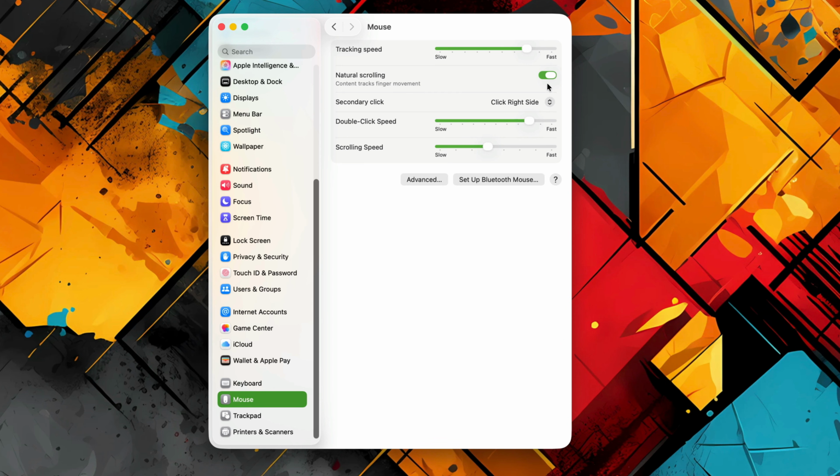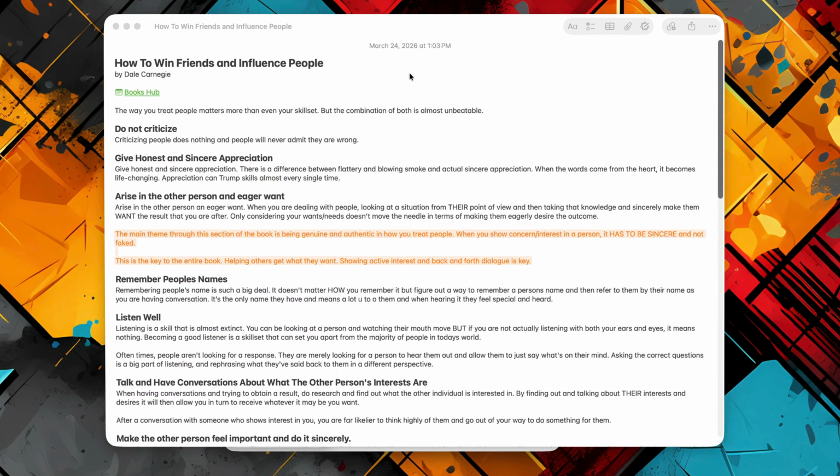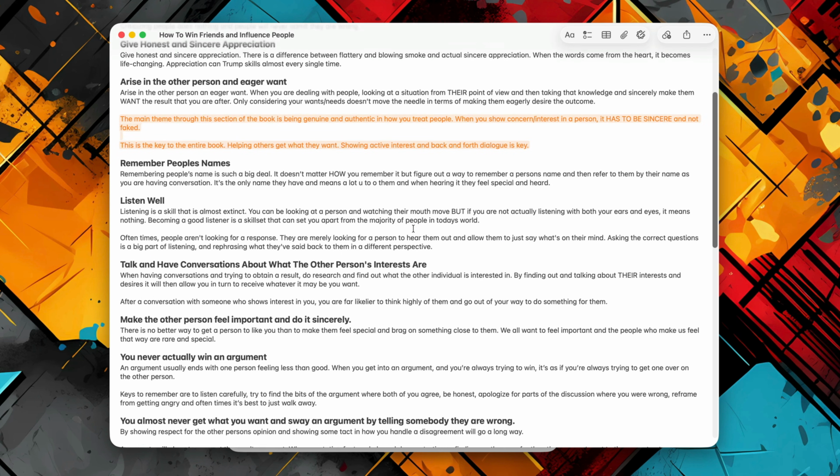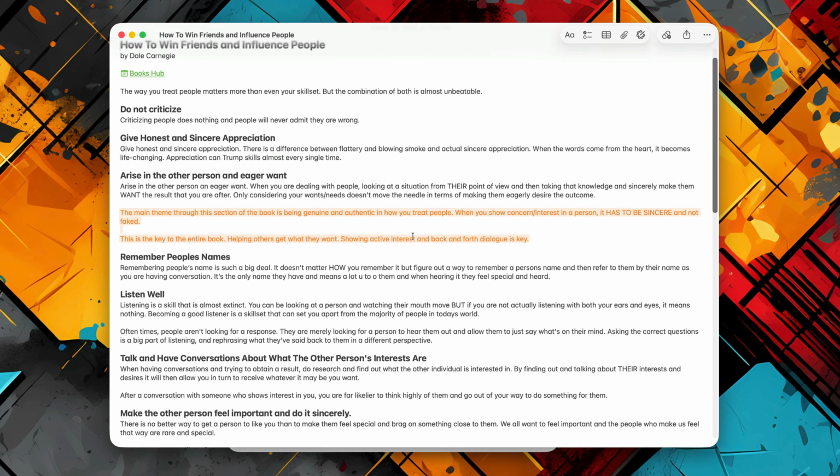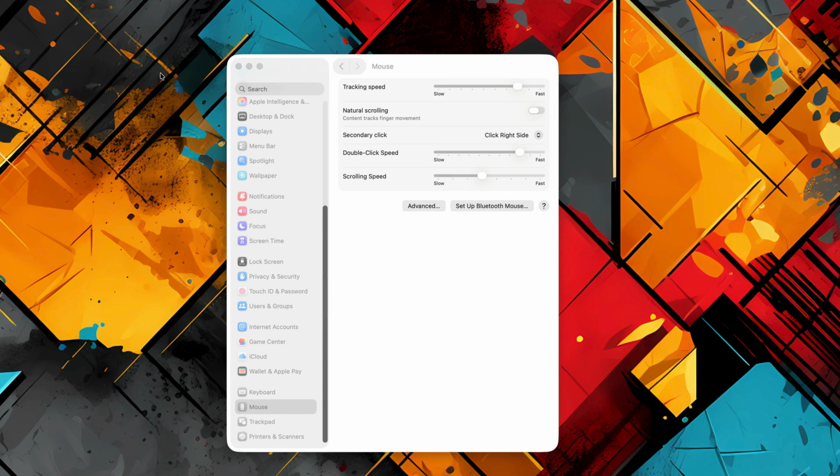If this is enabled and over to the right, it's going to be as if you're on a mobile device, like an iPhone. So when you scroll up, it goes down, you scroll down, it goes up. But if we go and we disable that, now if you open up, say, an Apple Note where you're scrolling, if I scroll down, it's going to go the direction that I'm scrolling, as opposed to the opposite or in